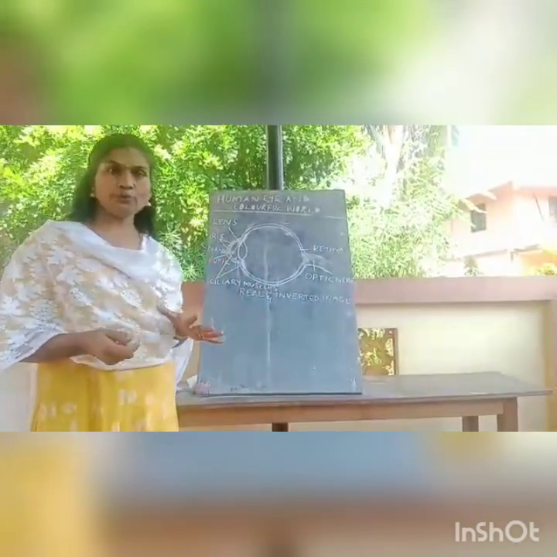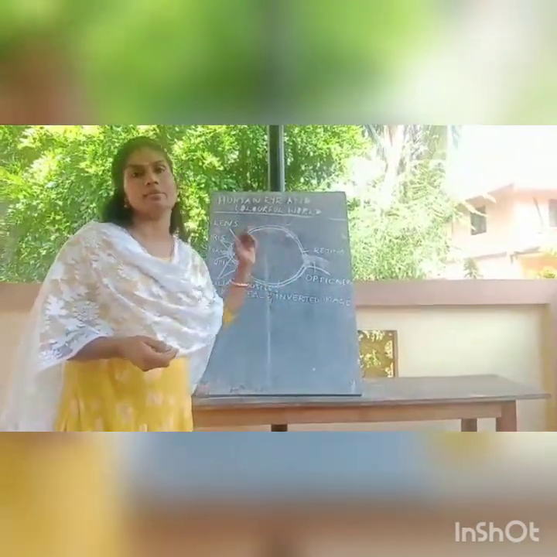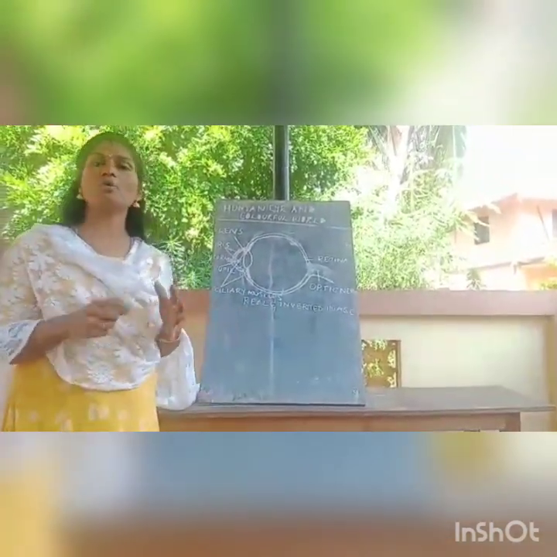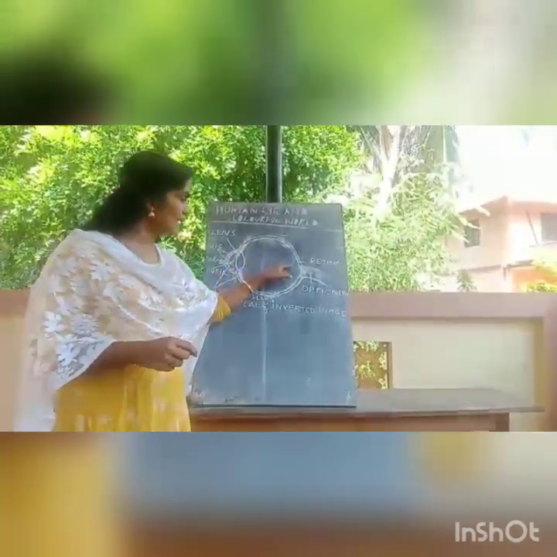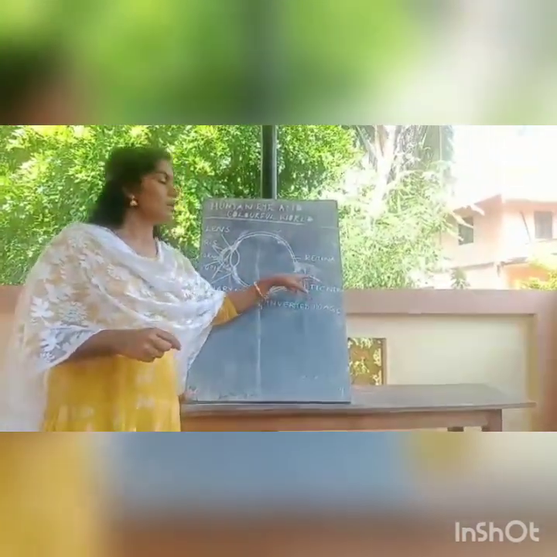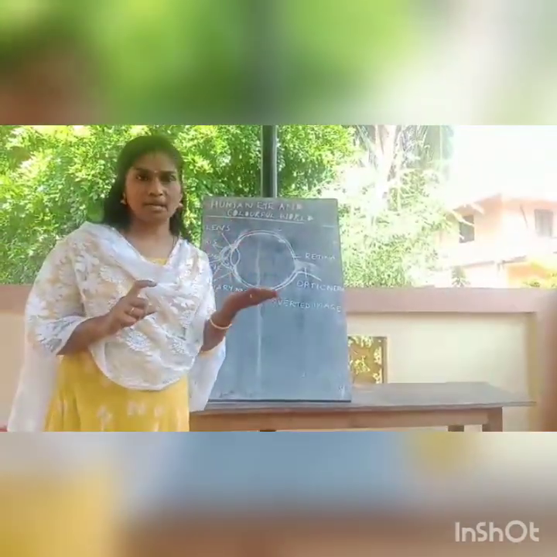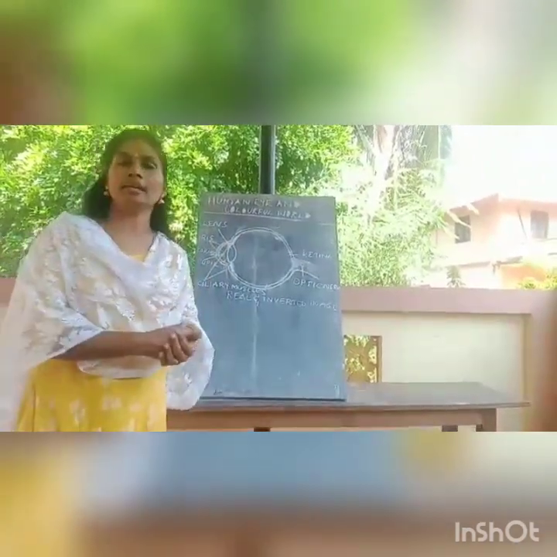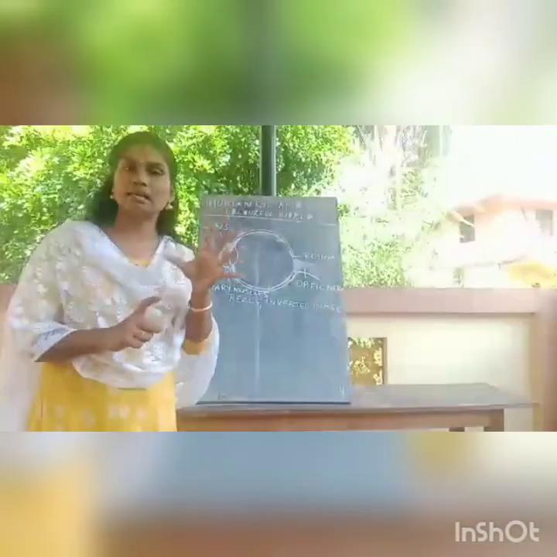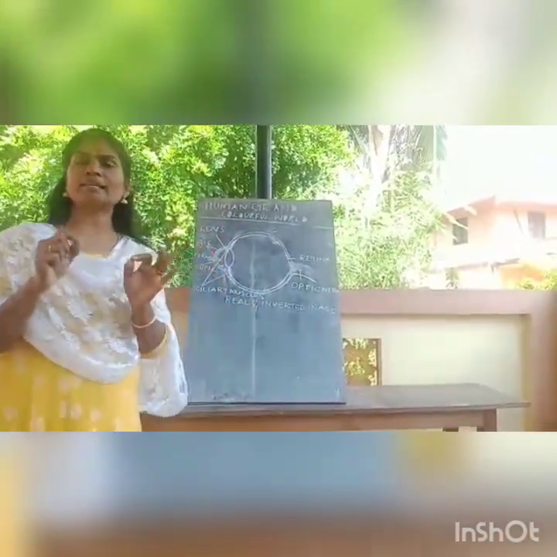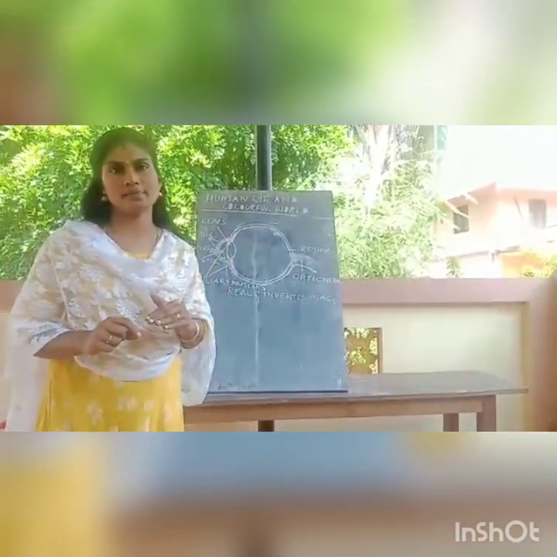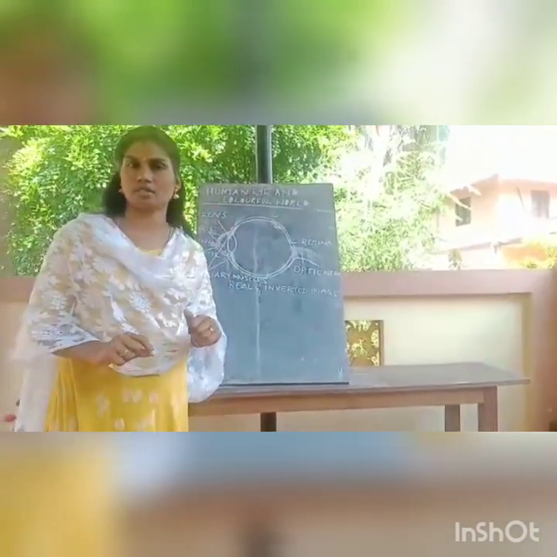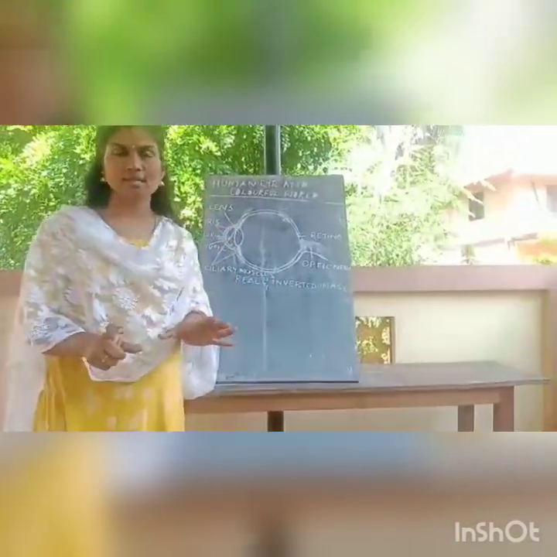So as I told you, we are getting a real and inverted image here. But are you seeing the objects in an inverted position? No, isn't it? But how is it possible then? So, when the image is sent to the brain, the inverted image will be inverted again in the brain, so it comes as an erect image. So we can see the object as it is. The brain will give a message that we are seeing this object, so that we can see it as it is. Did you understand?